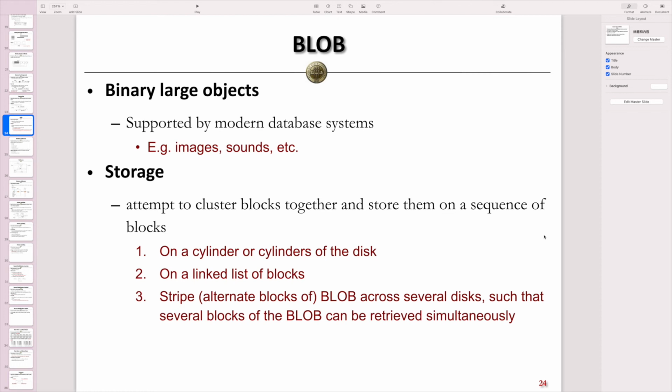So this method allows us to read these blocks simultaneously across multiple disks, because each of the disks has one arm. If we have several disks, we can use several arms to read all these blocks together at the same time, which is another option for storing this BLOB on the disk. So it really depends on which way the DBMS decides to store this BLOB on